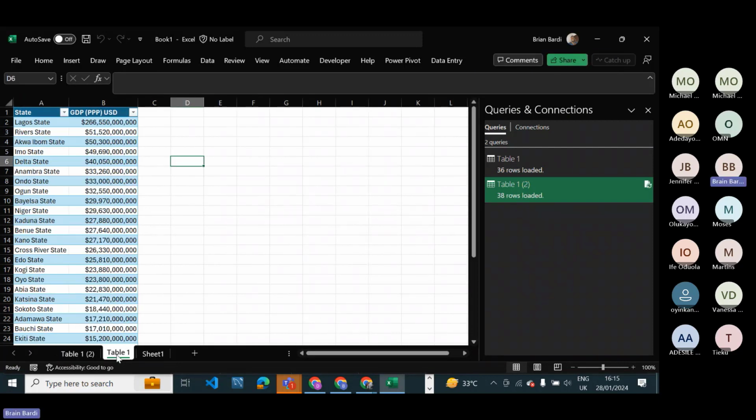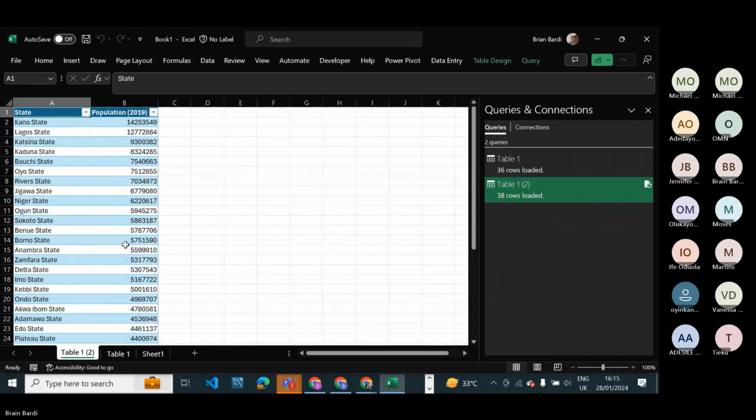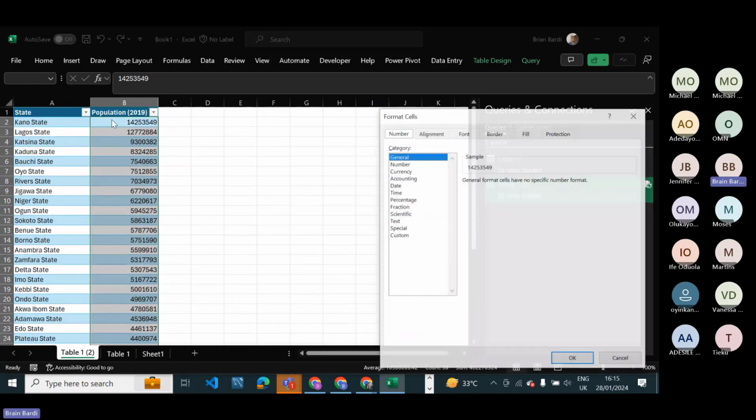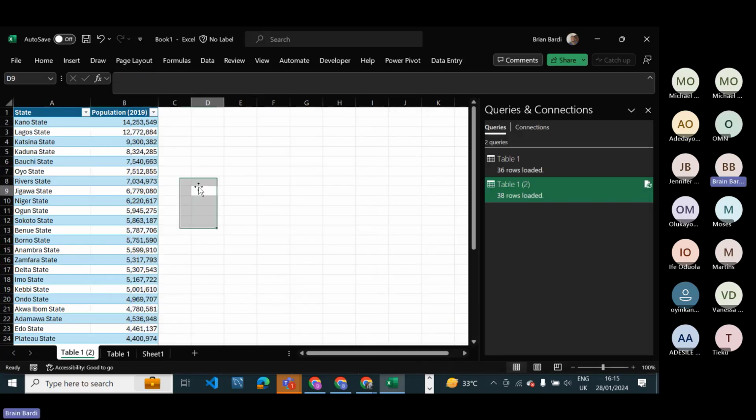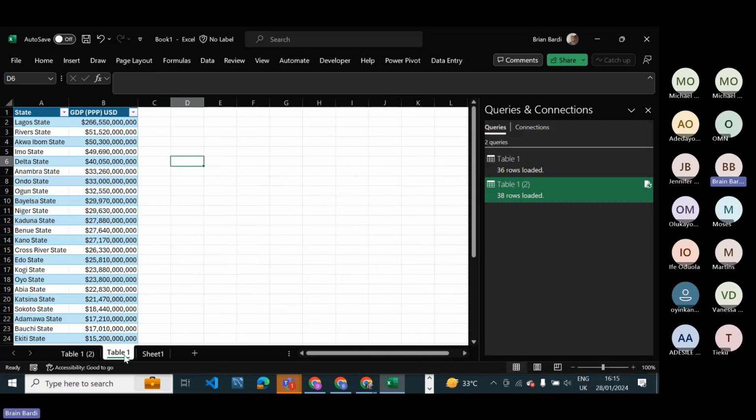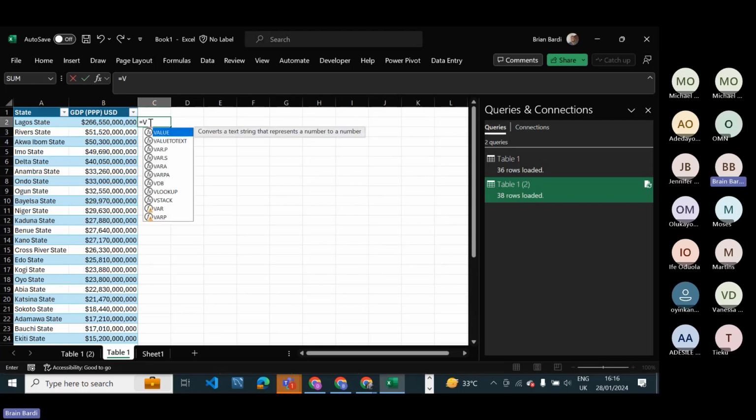Okay, so let me just format this to a number. Okay, great. So we are just going to use VLOOKUP to bring in the information from the population into the GDP page.